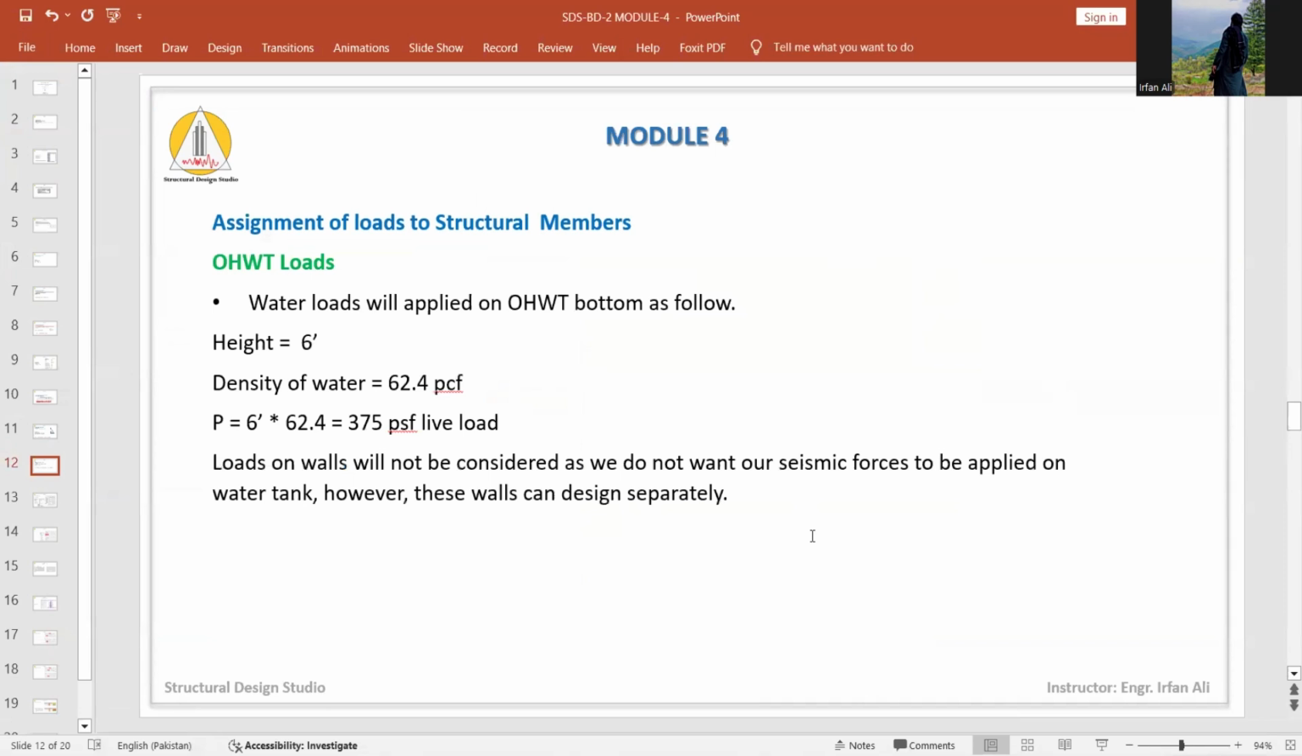Next is the overhead water tank loads, and normally we do not take the lateral loads on the overhead water tank, but just like the retaining wall, you can define your own load pattern for the water. But the main important thing is that you take the weight of the water in the seismic weight of the building. So for that, you have to apply the water load, which is the gravity load on the bottom of